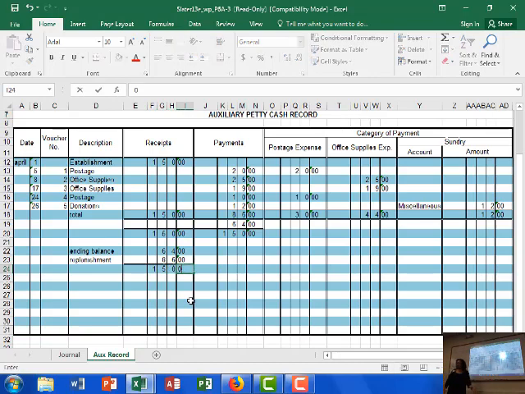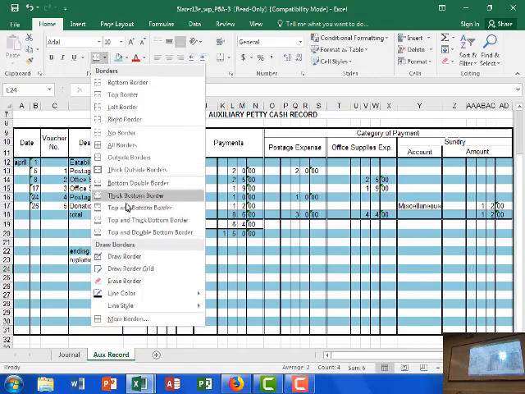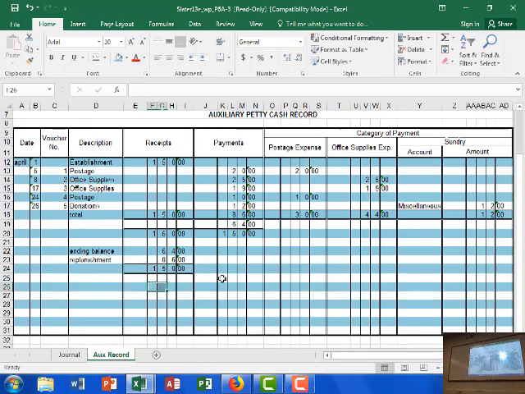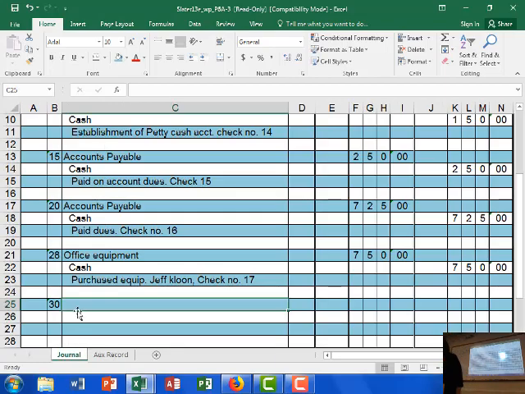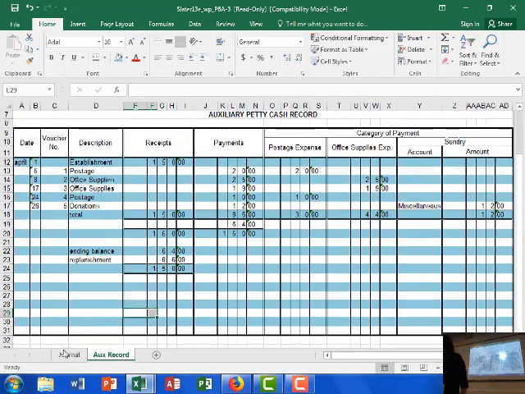Now, this may seem tedious, but remember, if you ever get audited, you need to show all of your work. In other words, how did you get there? Exactly. You have to explain it all. So now that we've done all of this, we have to go back into our general journal and replenish the petty cash account on April the 30th with check number 18.